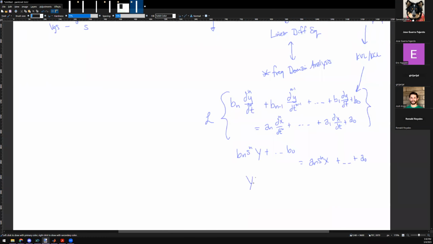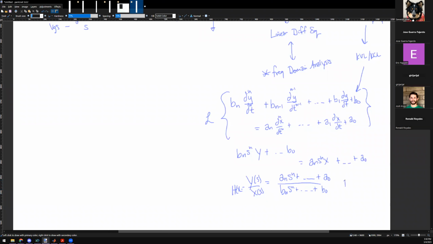I could solve this for Y of s over X of s, which I call the transfer function H of s. And this is always going to be a ratio of polynomials, a_n s^n plus ... plus a naught, over b_n s^n plus ... plus b naught. So it's a ratio of polynomials that gives me a transfer function, and then you get Bode plots and